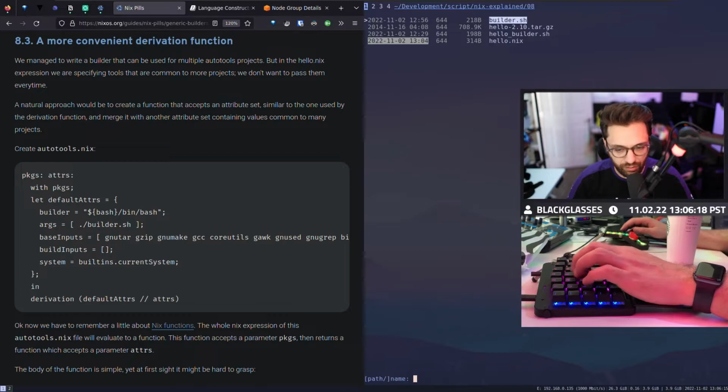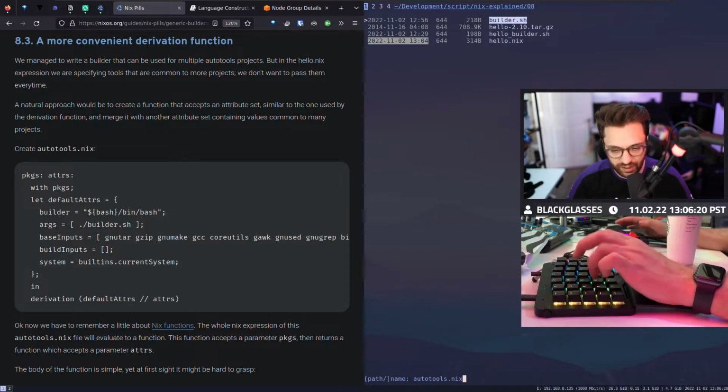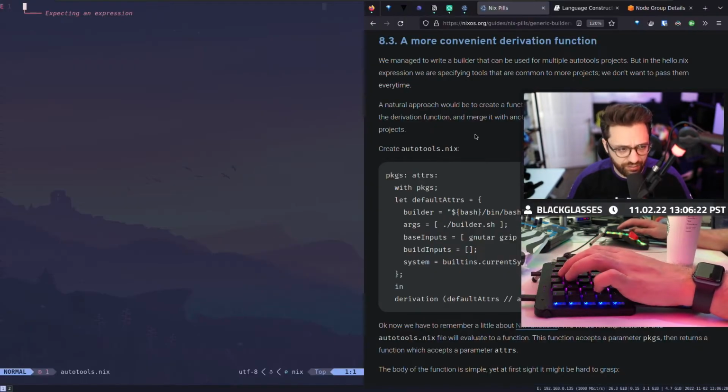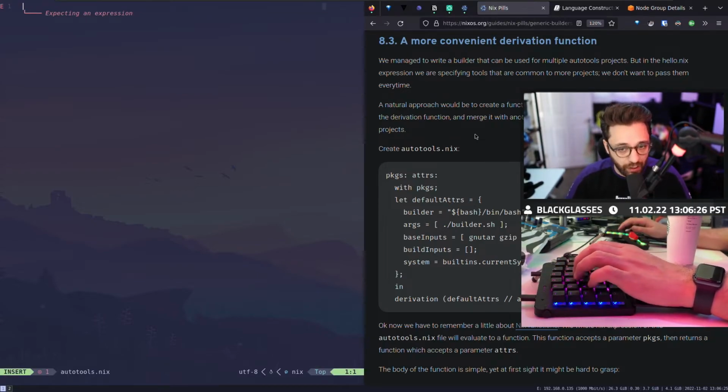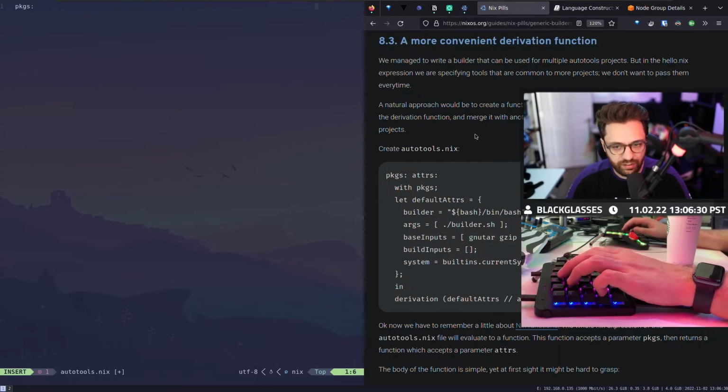So I'm going to say new file autotools.nix. I'm going to edit this file. And as I told you, files are evaluated directly. So when I do packages like this, ATTRs, this is an actual function declaration, and these are the actual parameters that I'm passing to it.